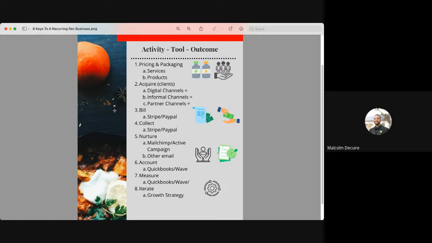So for every interaction, call, payment, it all needs to be tracked somewhere and measured. And then the 8th one, to make all these previous 7 worthwhile, is to iterate. And so these 8 activities, while fundamental to a lot of businesses, we also need to have in place our